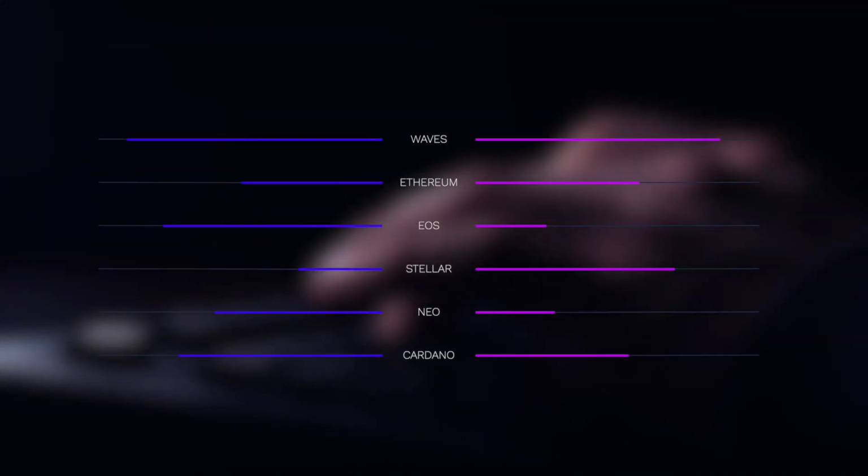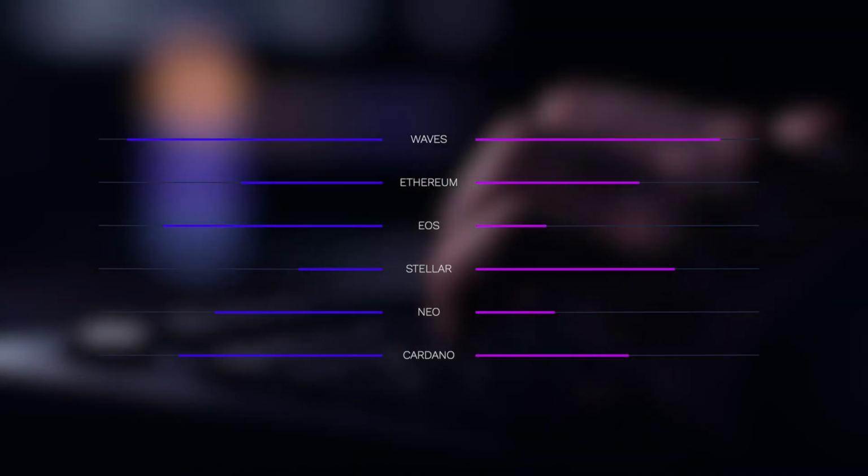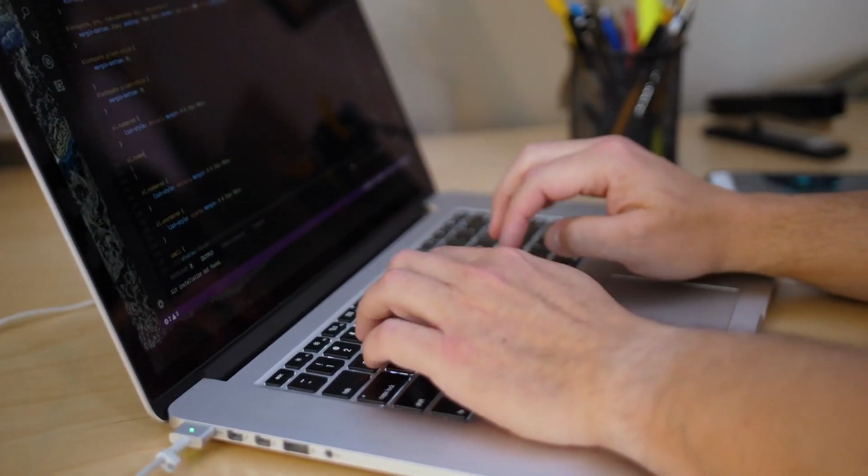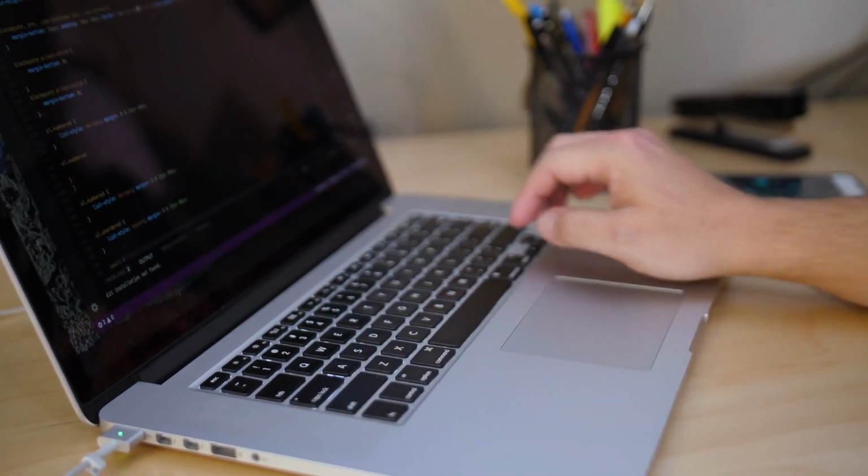This competition between players in the space creates many opportunities for not only the investors or the end users, but also for developers, as there are differing incentives to build on each platform. Today I would like to highlight a project who just released their smart contract language for dApps on the mainnet. It is providing the essential tools and resources for developers to make building those dApps a breeze.